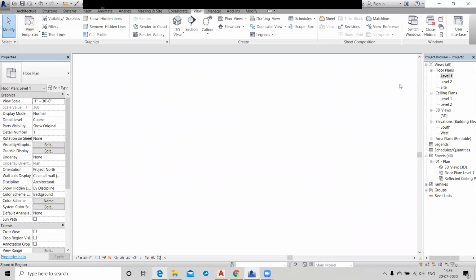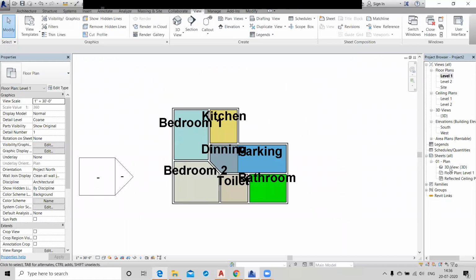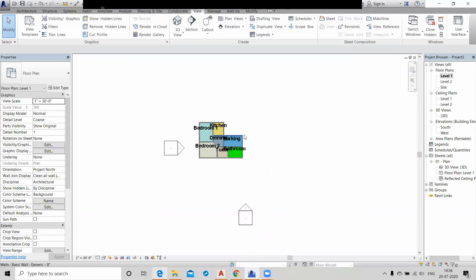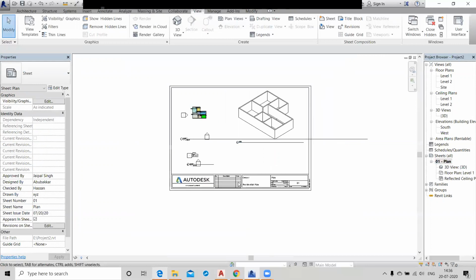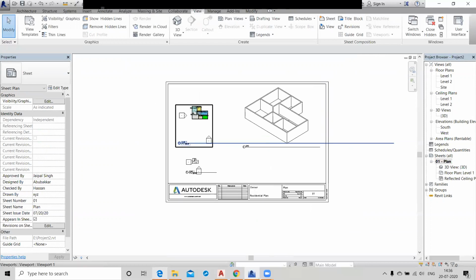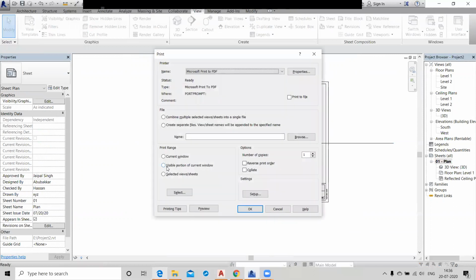Now the second thing is to take out a printout of this. So you can just type Control P, and here we have the PDF options.